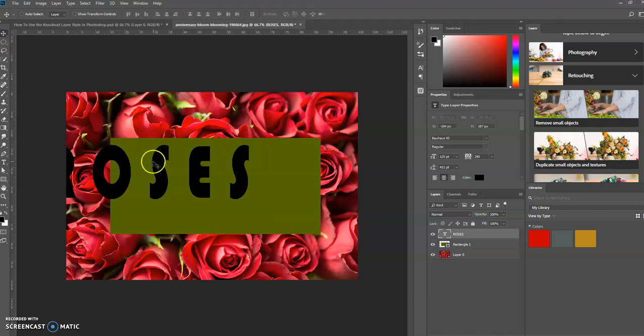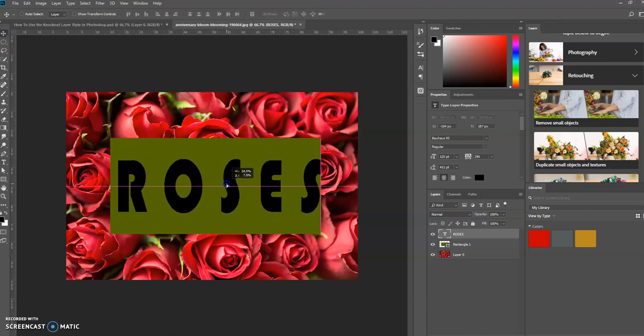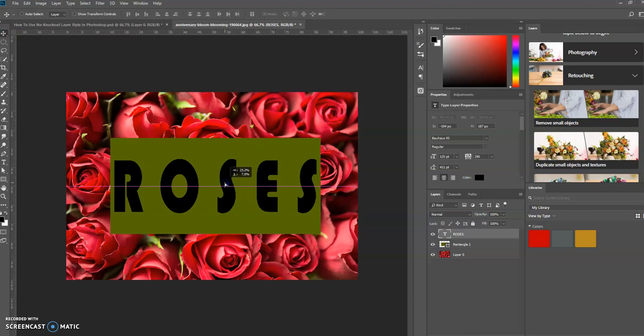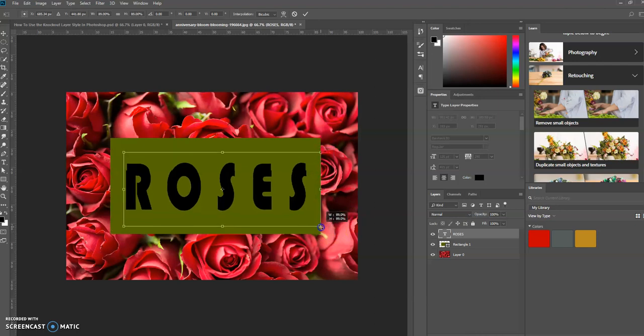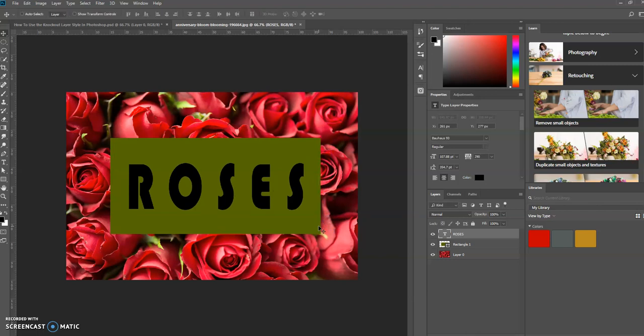Use the move tool. I'm going to press Control T on the PC, and I'm going to hold down the Shift and Alt key to just adjust it. Now I'm going to press enter to accept that,